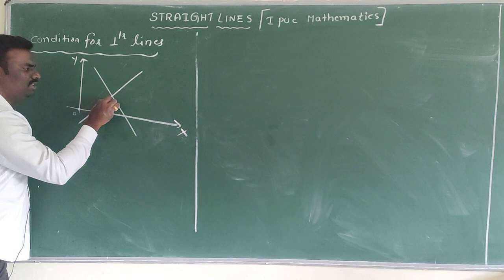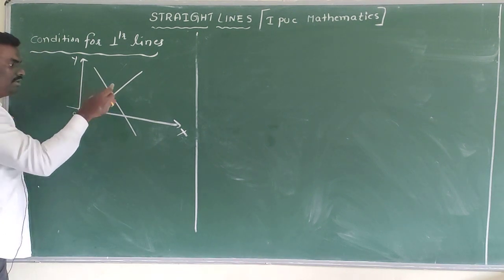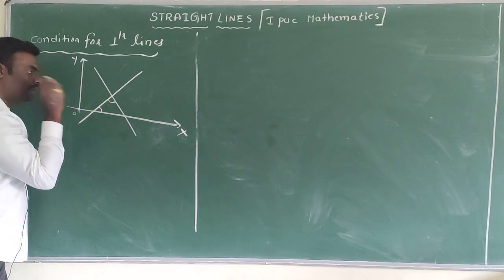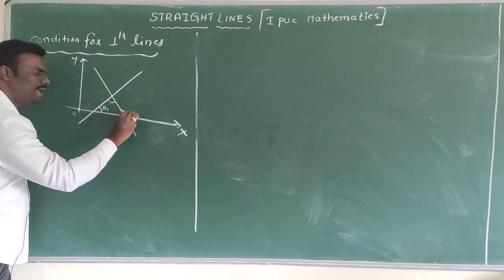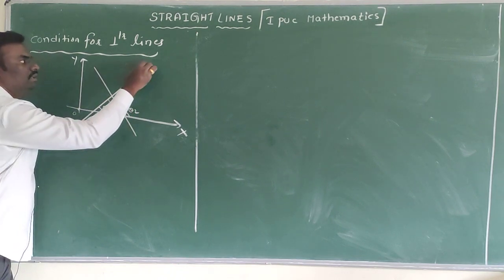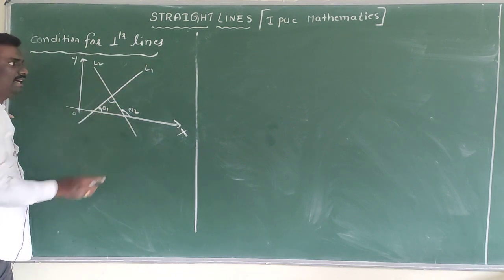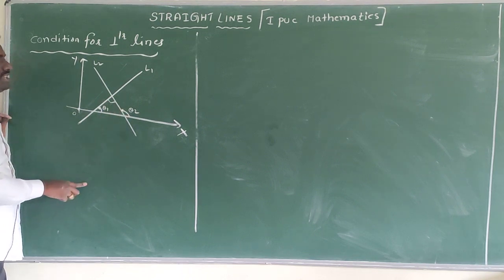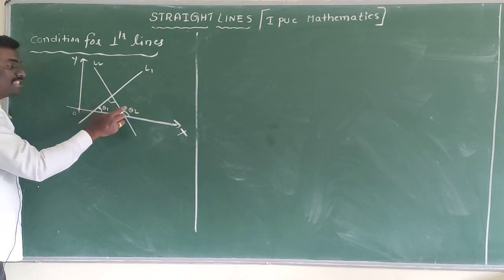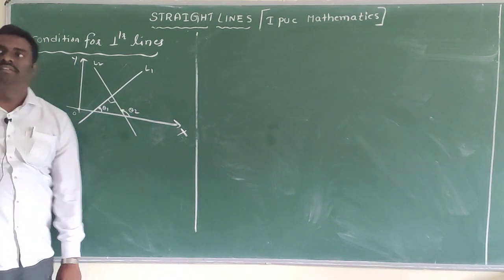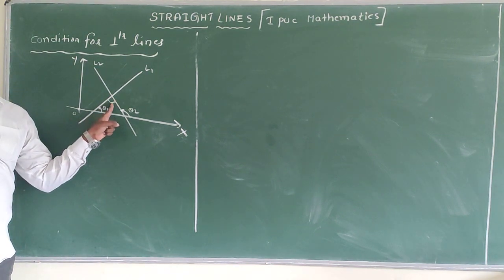The angle between these two lines is how much? 90 degrees. Okay. Now the first line makes angle theta 1 and the second line makes angle theta 2. This is L1 and this is L2. Here theta 1 is the angle made by the straight line L1 and theta 2 is the angle made by the straight line L2. Here one important point, both angles are measured in counterclockwise direction, or it is also called anti-clockwise direction, and this angle is very clear, that is 90.